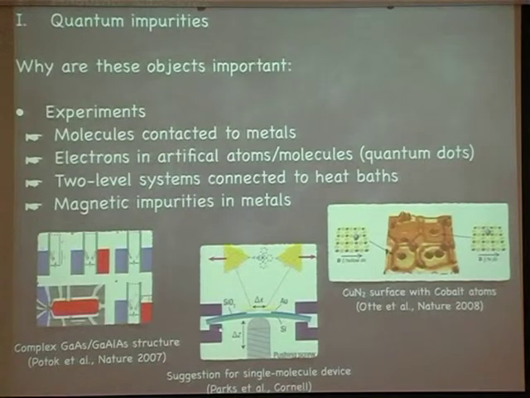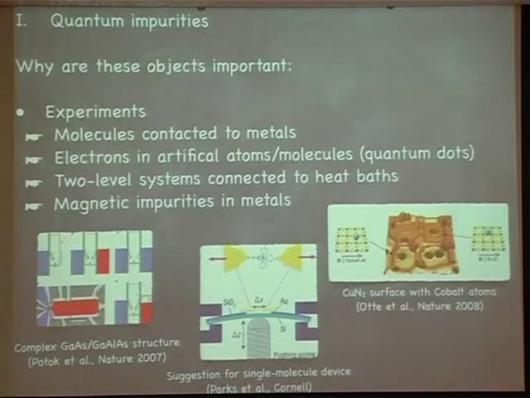Right. I mean, this is also something, if you do transport through these objects, this is a non-equilibrium measurement, and you have to worry about whether you really have a thermalization so that you get a steady state or whatever. But that's nothing we want to worry about today. You can ask Philipp about that.